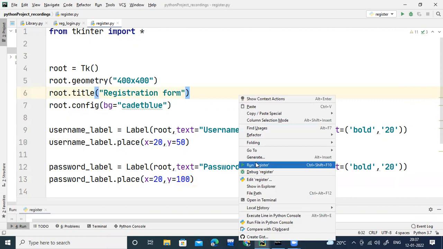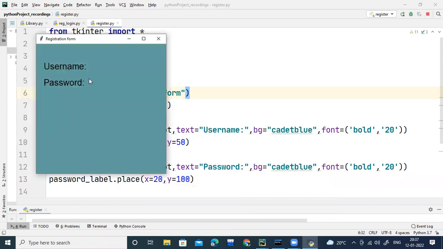If you run the program now, see, username and password are coming one after the other.